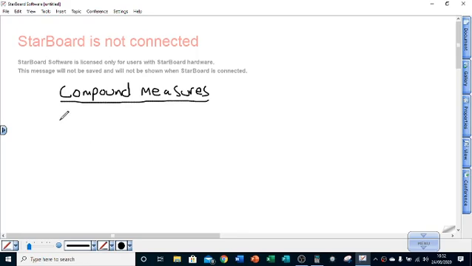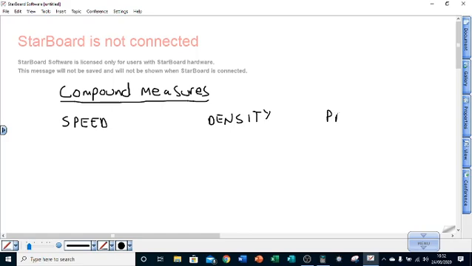So we're looking at what we call speed, density, which you might have heard of in physics, and pressure. You might have been told in physics about the formulas for these, but why we're called compound measures is